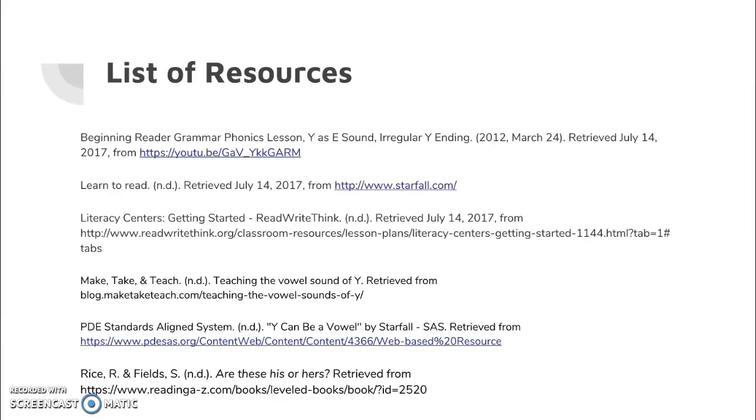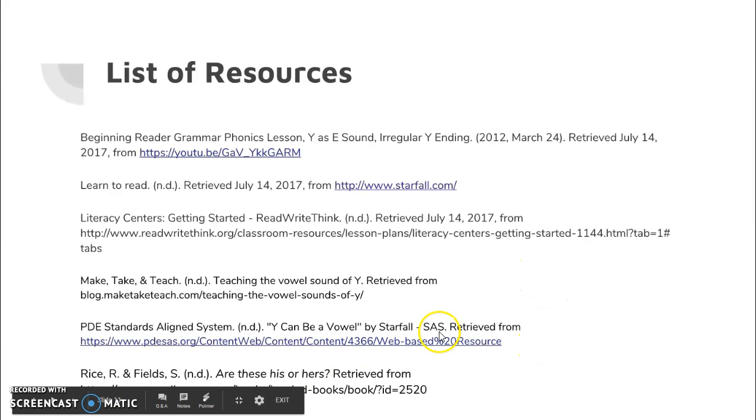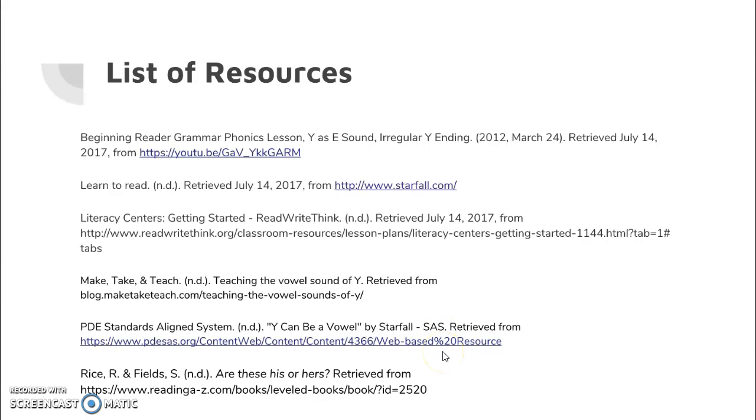So in Reading A to Z, I like that. I helped with a summer program last year, and we used that so you could print out books, put them together, and give every child a book every week, at least one, to